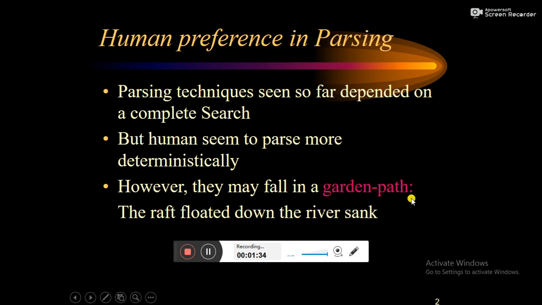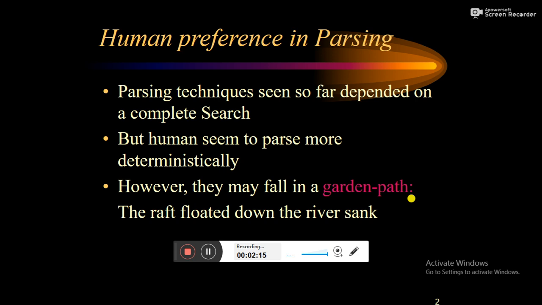So the next point which we will be discussing is, apart from chart parsing or simple top-down bottom-up parsing strategy, the thing which is taken into consideration to make parsing more efficient is how humans give preferences while parsing. If that is to be incorporated, then how can the ambiguity while parsing be resolved? Because what is the exact meaning of ambiguity? Whenever you are using any kind of parsing technique and you are getting more than one parse representation for that sentence, then that kind of output is called ambiguous output.